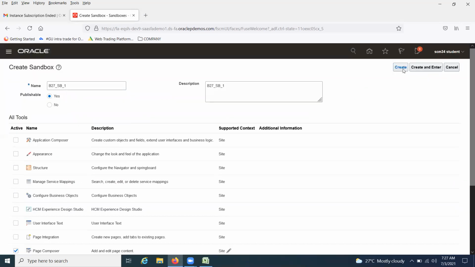So, create, or maybe create and enter. If you create, the system won't enter into that sandbox. It will only create. So click on create and enter. Okay, first I will create. So it will create one sandbox. Then in a later step, you have to enter into that sandbox, nothing but that private space. So parallelly you can do your work, and until I publish the sandbox, those changes won't affect others.